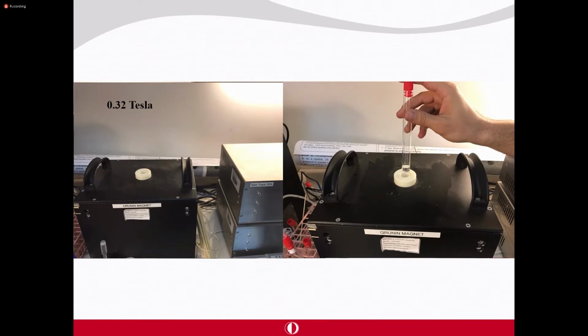Dr. Grunin is always helping us to create nice software for the imaging part. This one is 0.32 Tesla, which corresponds to 13.5 megahertz. And the sample size in that case is 16